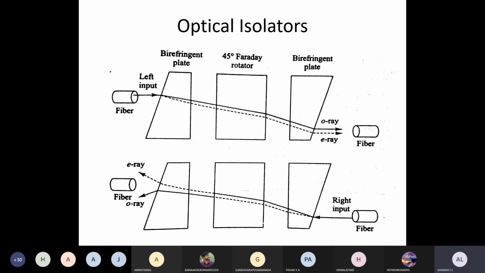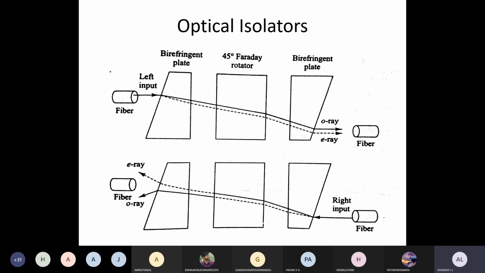Once the wave has two polarization states, it gets split. But after splitting, it cannot split once again. That is the condition here. One time it gets split, but two times it is not going to be split. It will make the two rays move in only one direction. That is the last stage birefringent plate. You can see the orientation, the curved side and the perpendicular or normal side, in the diagram.